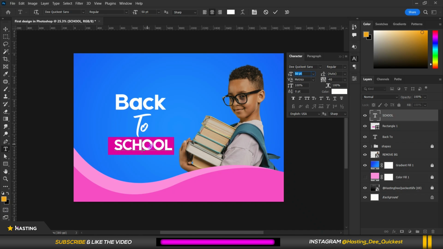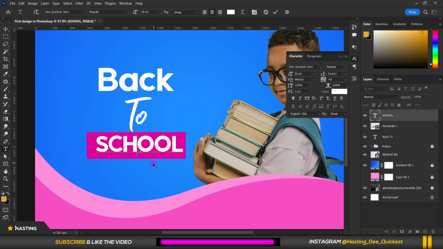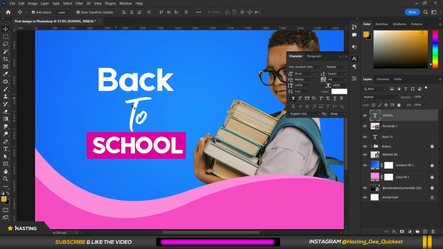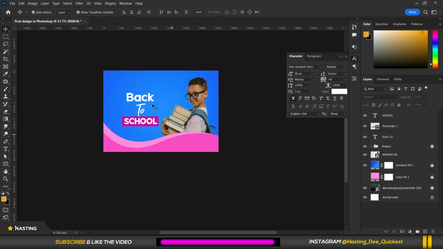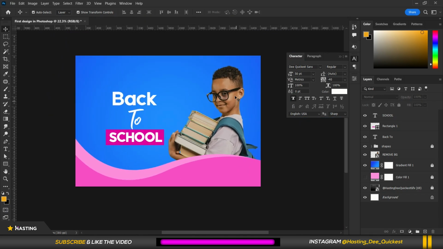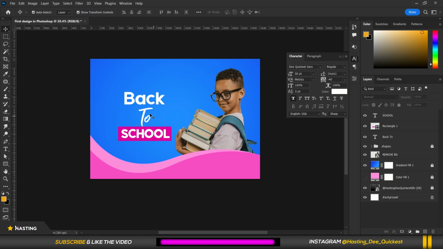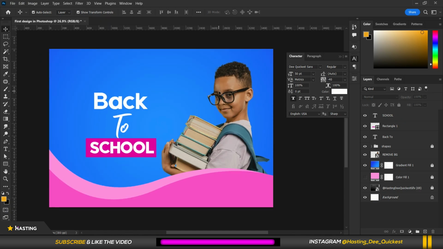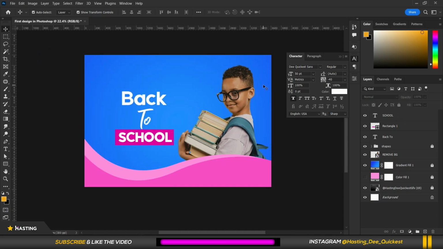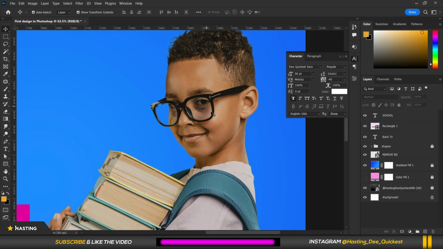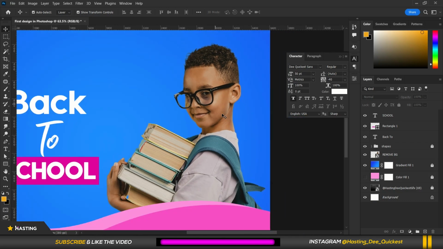Back to school. All right, not bad. Highlight it and make it bold. All right, not bad at all. That's actually cool. Back to school. As you can see, this guy is holding books, so he's even conveying the message that he's going back to school. All right, now you can see for the color adjustment, the boy is looking a little bit yellowish while